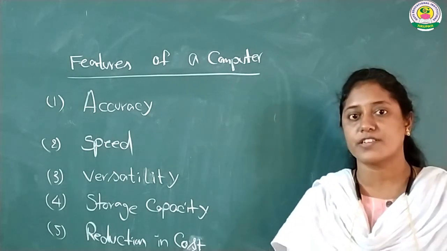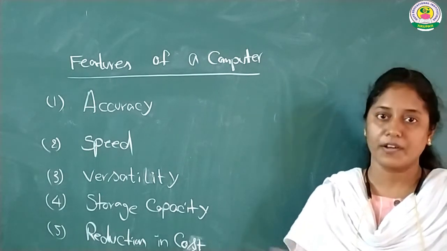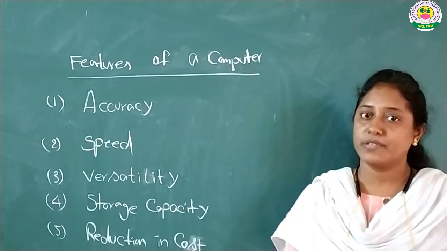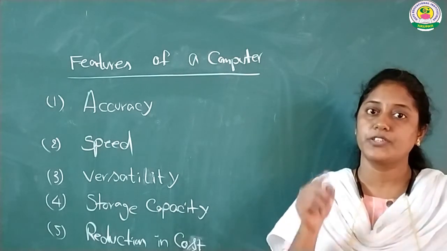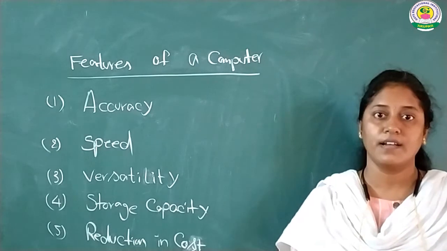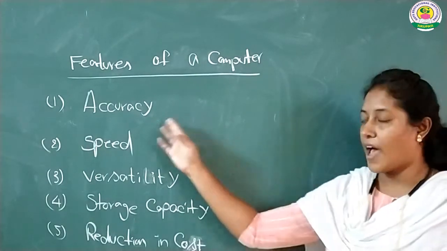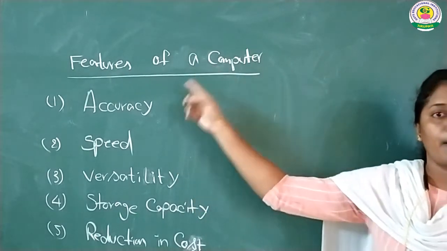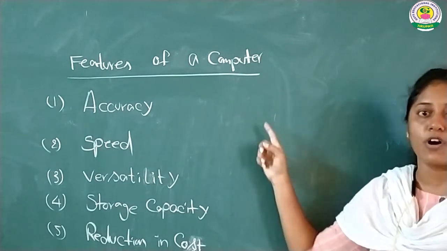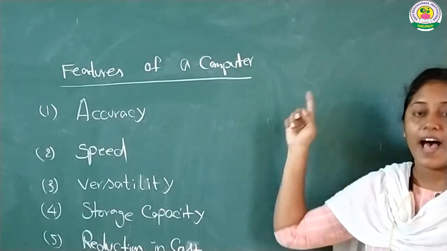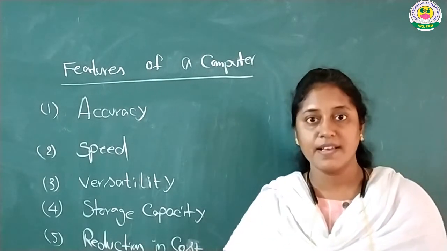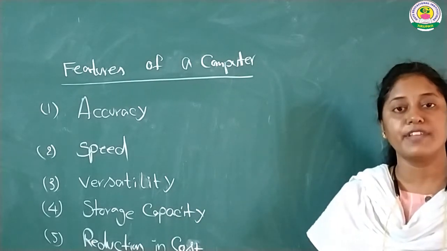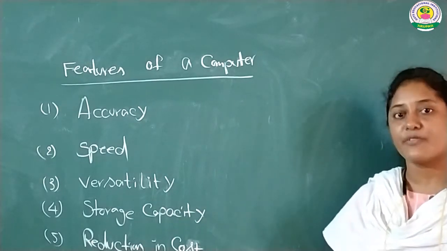So if you are giving wrong instructions, computers can also give wrong results, wrong data to the user. So errors can occur when using a computer, but all those errors occur due to human mistakes only, not technical weakness, right? So this is the feature of accuracy. What is meant by accuracy, or how the computer system is created with accuracy, means the computer can always provide correctness of data and correct results to the user. And mainly you should keep one thing in mind: the computer works always as directed by the user only. If the user directs correctly, it will provide correct results, otherwise not.